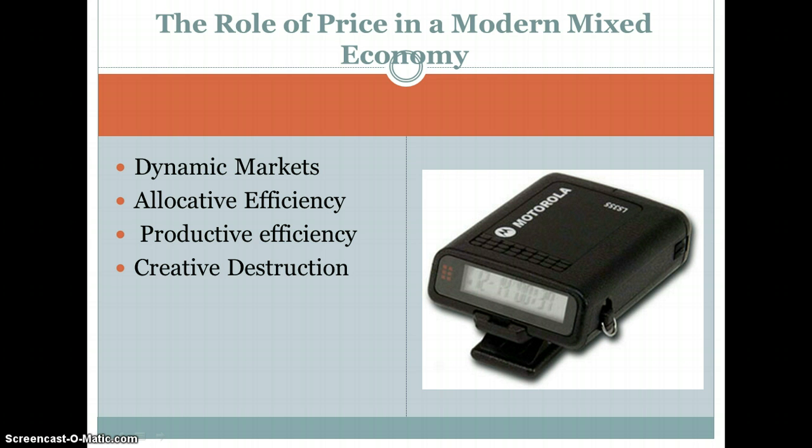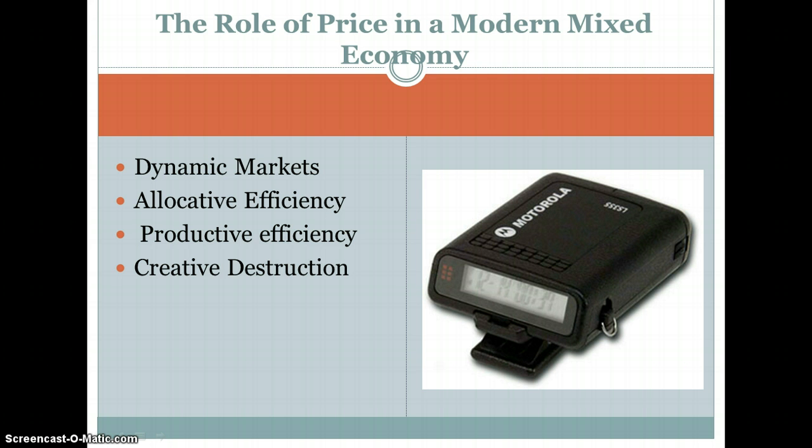Flip phones will soon be dead completely as they're being replaced by smartphones. We'll see, maybe laptops. Are we going to keep laptops around? Will tablets replace laptops eventually? That's a possibility. So creative destruction is something being destroyed because something more creative, something with better technology, has replaced it. There's tons of examples you could think of for creative destruction.